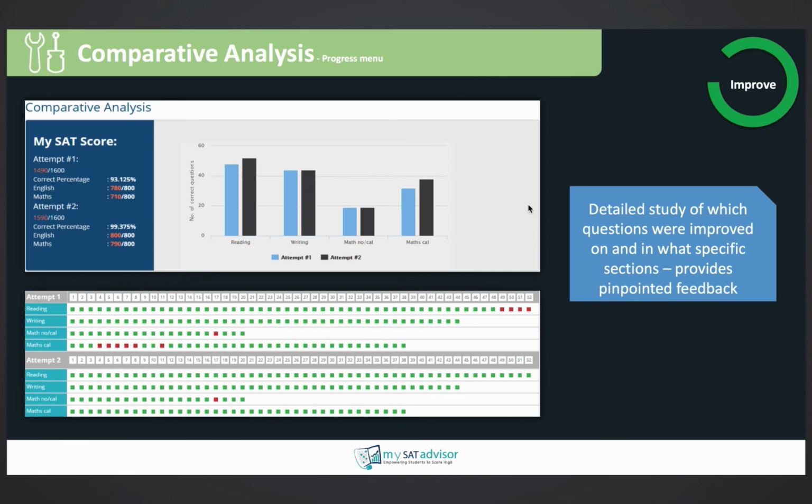Finally, we have the same response metrics for this comparative analysis feature. And what's useful is, again, just the visual insight that it provides. So for reading, we can see the last 4 questions in the first attempt were wrong. But our eyes go straight down to attempt 2 where we see green dots. So those 4 questions were corrected between attempt 1 and attempt 2. I can go to those questions, check them off my list, and say I'm good with those. I no longer find them difficult.